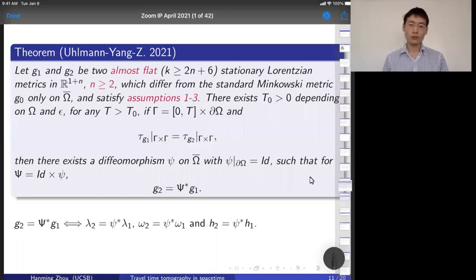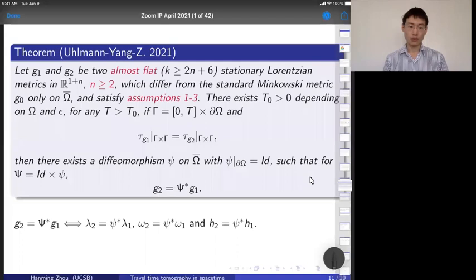Under these conditions, we can show that there exists some constant T naught, which depends on this domain omega and also this small constant epsilon, so that for any capital T bigger than this T naught, we define this gamma, which, as I said, is part of the cylindrical boundary, the closed interval 0 to T cross partial M. Then, if for these two metrics the Lorentzian distance function matches on this gamma cross gamma, then we can conclude